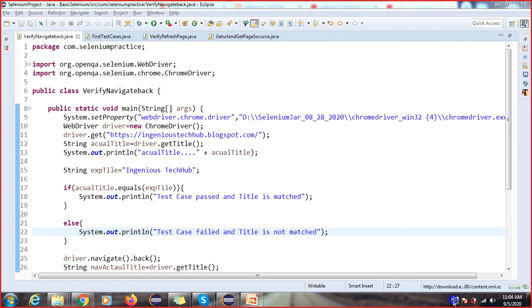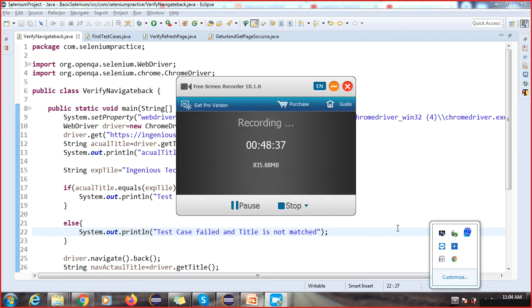So just do the practice. If you have not set up the